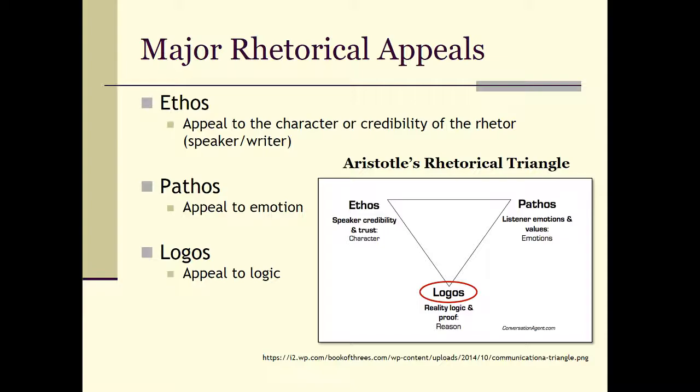Then we've got logos. Logos is an appeal to logic. The logic of, does this argument make sense or not? If a person is using a logos-based argument, then, according to the technical material you've put forward, this is the correct answer and you should do it because it makes sense. Once we talk about all these appeals, then we have the idea of the text and where to place it, at least metaphorically. So you write whatever it is you're going to write, and then you're going to emphasize ethos, pathos, logos, or any combination of those.